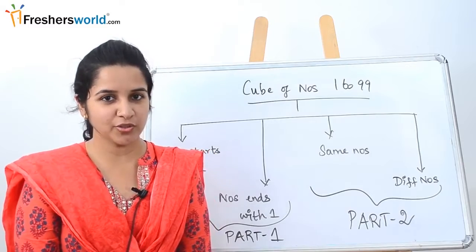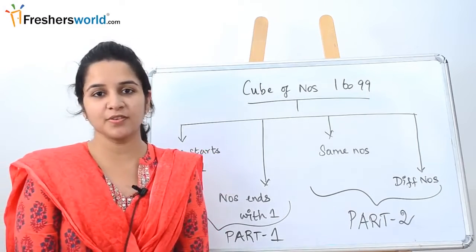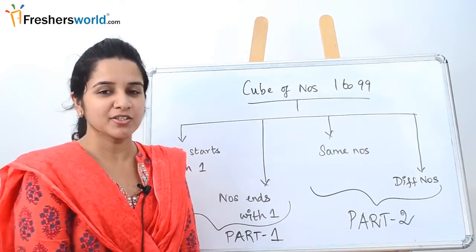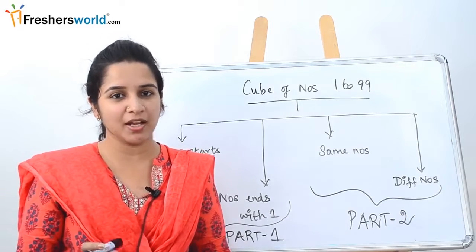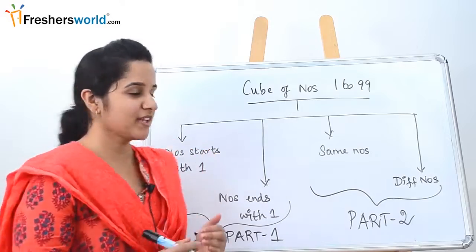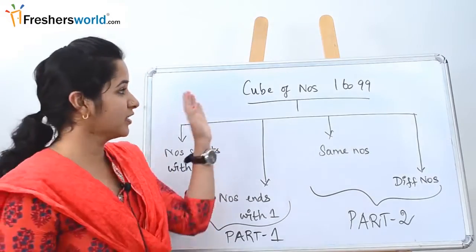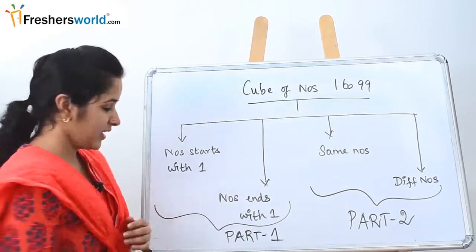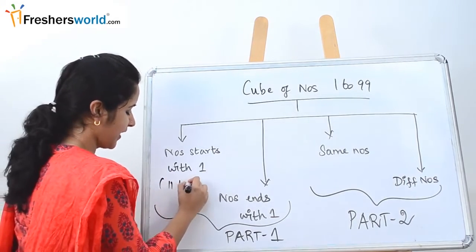So the topic that we are going to look at today is cube of numbers from 1 to 99, and how easily we can solve it with simple tricks. This video will be split into part 1 and part 2 because we have 4 ways of solving the cube numbers. So how they are split is numbers starting with 1, like numbers from 11 to 19,